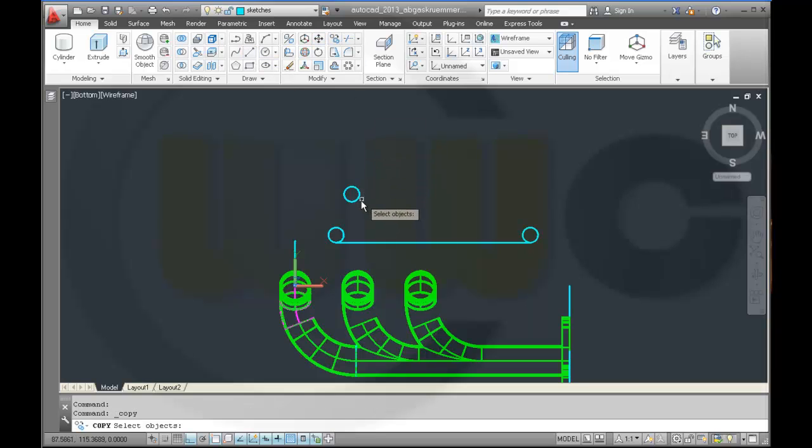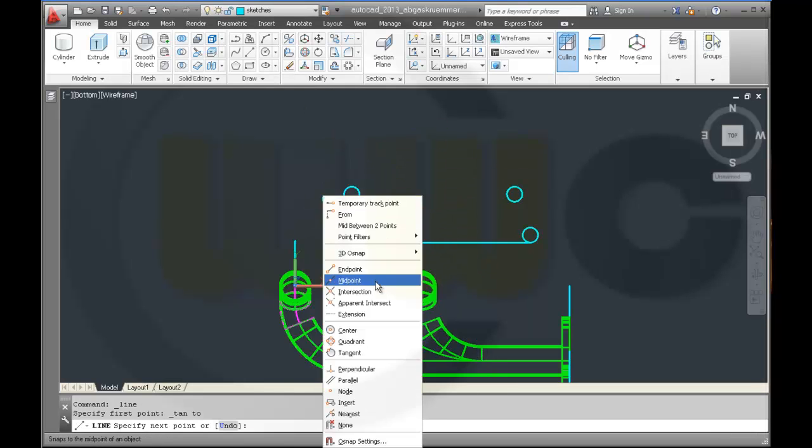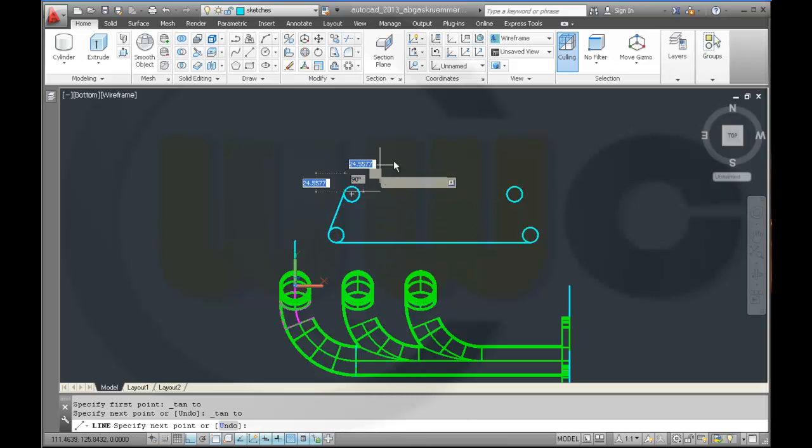Make again a copy of this one from here over there, and that should be 233.5. Maybe that's wrong. Why? Yeah. Let's move this one in this direction, 20.5. Yeah. Now make a line, tangent to this circle, tangent to that circle,